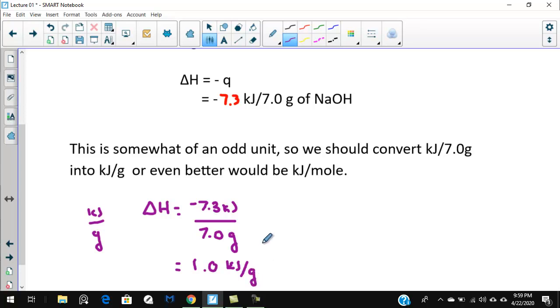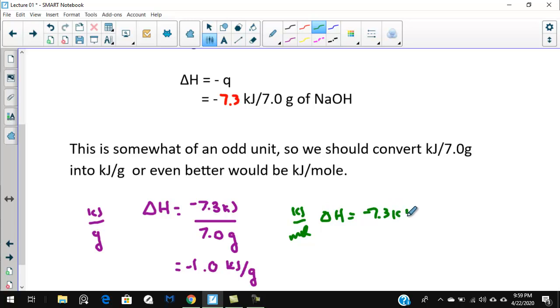negative 1.0 kilojoules per gram. Okay? So that's a little better. Now if we get a gram of something, we know how much energy, sorry, this should still be negative, we know how much energy it's going to give up. Okay? Now we could change this a little bit more, and sometimes more useful would be to do it in moles. So if we wanted to get the same number in kilojoules per mole, we'd have to do the same thing. So we'd say that delta H equals negative 7.3 kilojoules